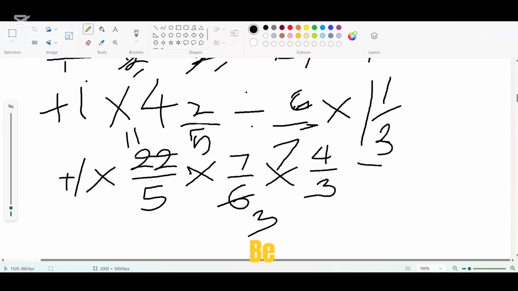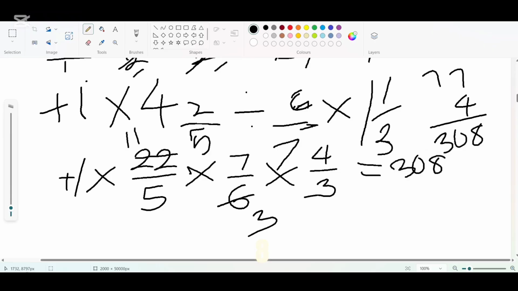So that's going to be the final answer. 77 times 4, that's what? 7 multiplied by 4, that is 28. And 7 times 4 is 28 plus 2, that's 30. So the answer is 308 all over